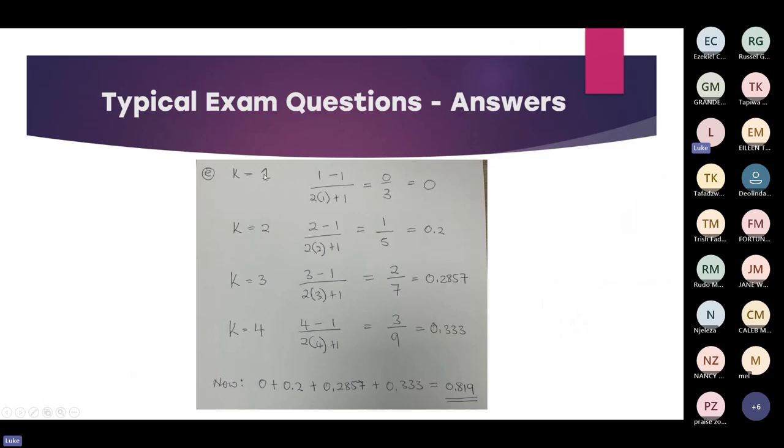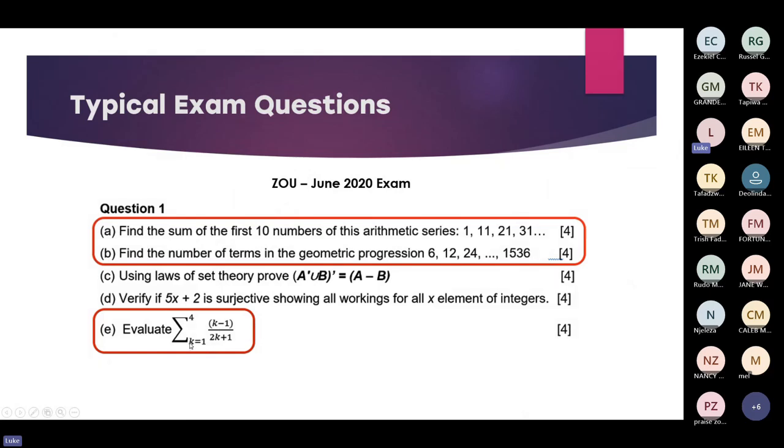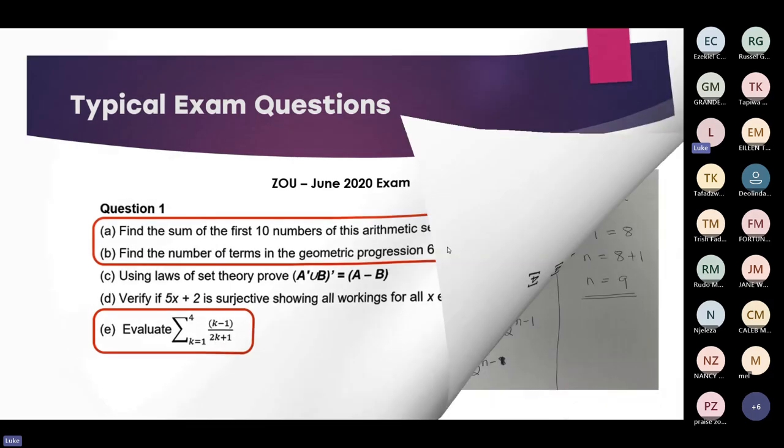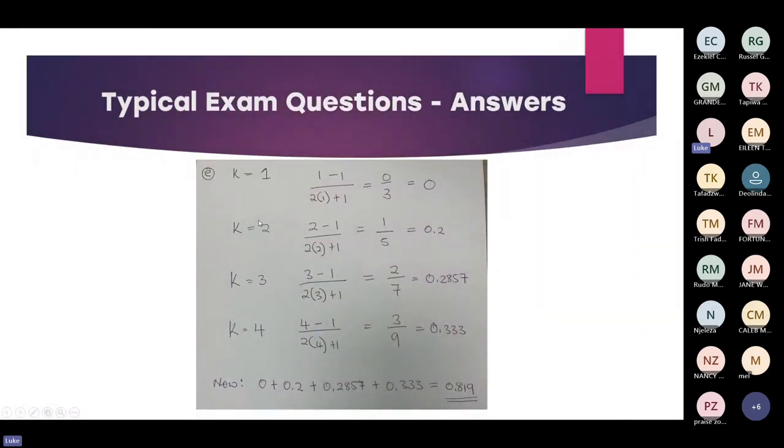So for K equals 1, we are just plugging 1 into the formula, where K is 1, we're saying 1 minus 1. Then here we're going to say 2 times 1 plus 1. So we are just getting the K value and then plugging it into the given formula. Then after that, we just have to add the results that were given, which gives us an answer